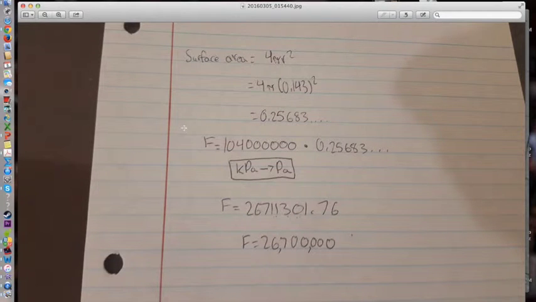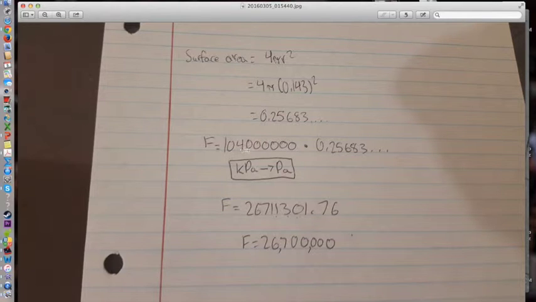Now that we've found the radius of the balloon, we can now use that to find the surface area of the balloon. Now, the surface area of the balloon, you use the formula 4 pi r squared, and we convert the radius of 14.3 centimeters to 0.143 because the SI unit for distance is meters. So when you multiply that, you get about 0.25683, and then you plug that into the force equation,